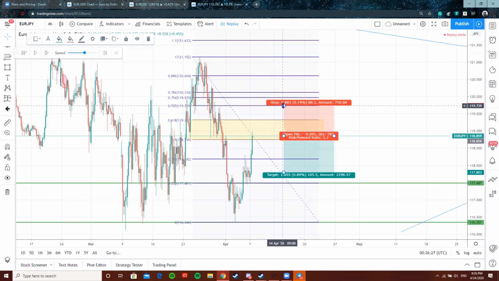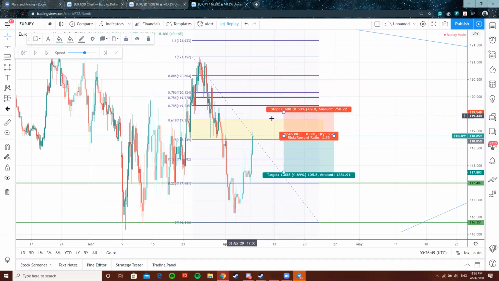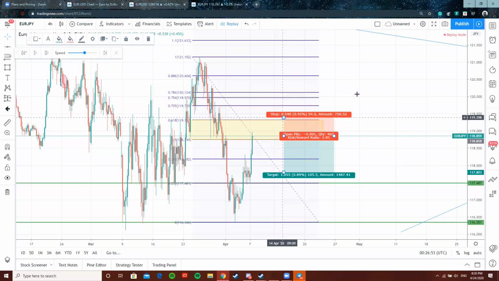For me, as somebody who calls signals for other people, you have to be considerate of other people, because imagine what a 0.01 is going to do to somebody's account if they have $40 or $50, at an 88 pip loss. So being considerate of other people's accounts, I'd put it a little bit behind the 61.8, right around here, because it had this zone right here. So I'd put it right around there at a 50 pip stop.